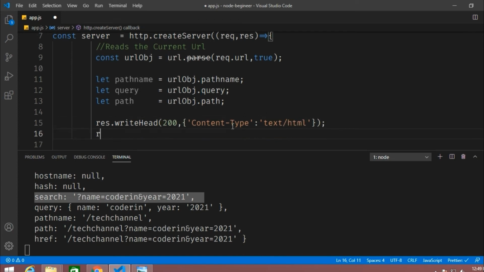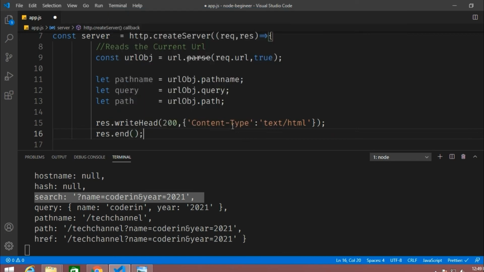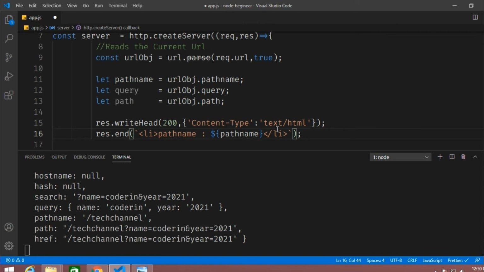All right. And when you are ending the response, we want a particular list to be displayed in my HTML page. So I've initialized my li tags. Inside here, I'll be using the pathname variable, which is urlObject.pathname.